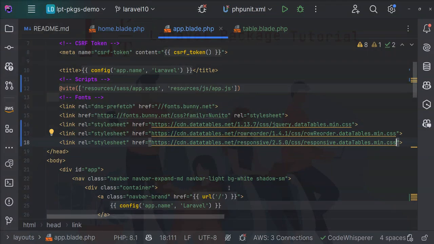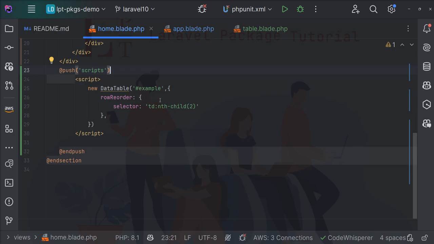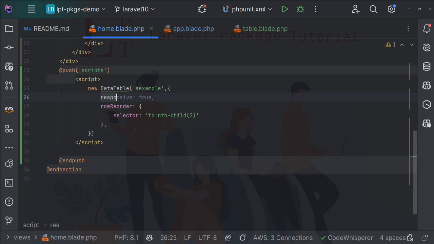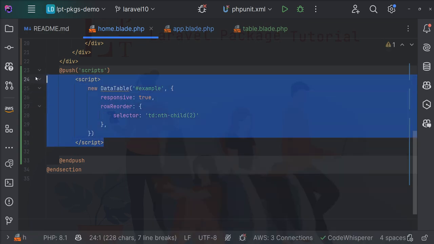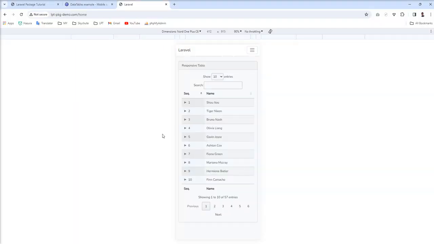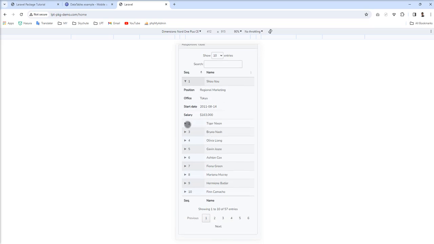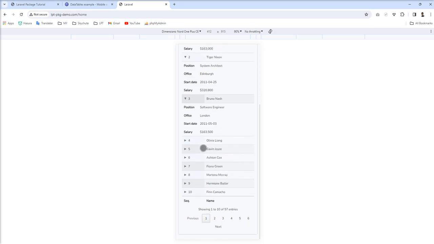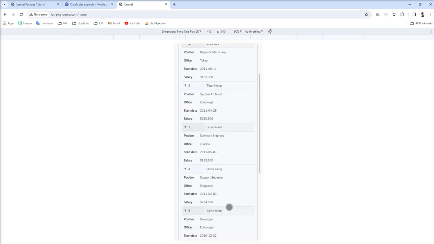See, we need to put one option into this script, then it appears responsive. So let me put just responsive true, and let me format this code, and this time let's see, it's responsive and showing name and sequence, and when you click this you can see other columns like that. Now this table is properly responsive and looks very good on mobile screen. So you can use this plugin